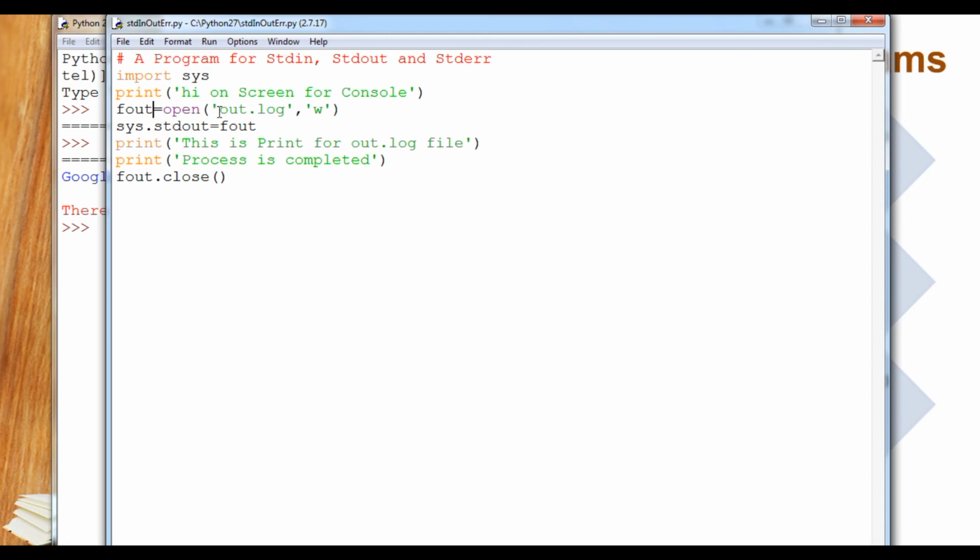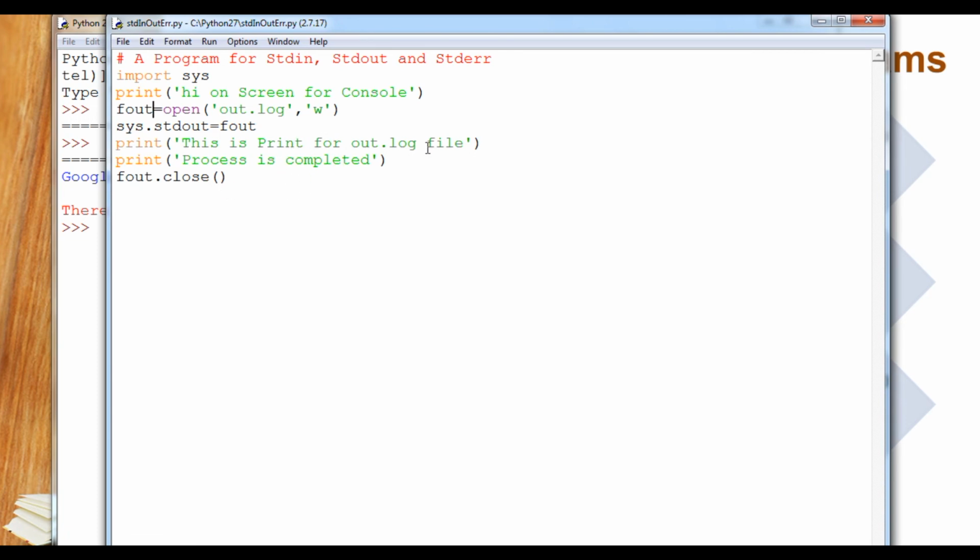Here out.log, separated by w, is the mode of the file, and whatever the output of the standard output device, that is the console screen, will be transferred to fout, I mean the file. And here I have written two statements: this is print for log out.log file, and process is complete. This will not print to the console.